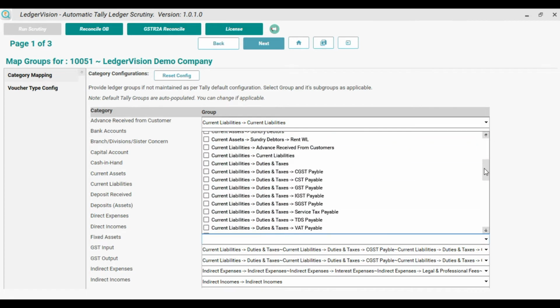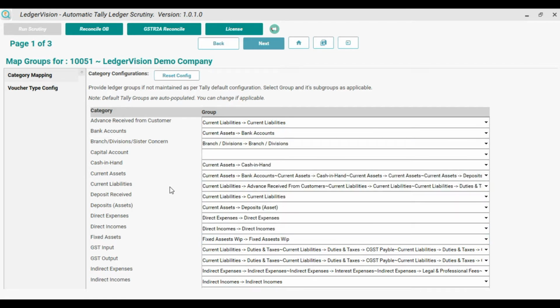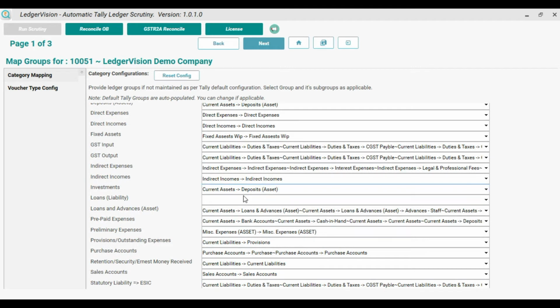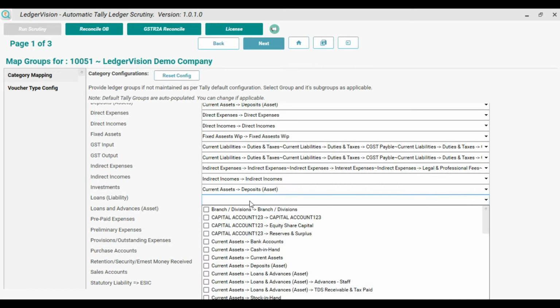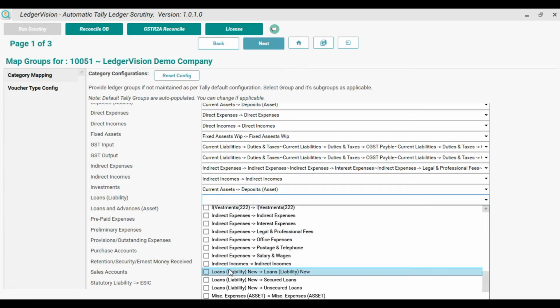I am here configuring fixed assets because the name of the fixed asset is not the default name by Tally. The name has been changed. That's why I have to manually configure these details. So I have configured fixed assets. I have configured loans and liabilities, because again the name has been changed.